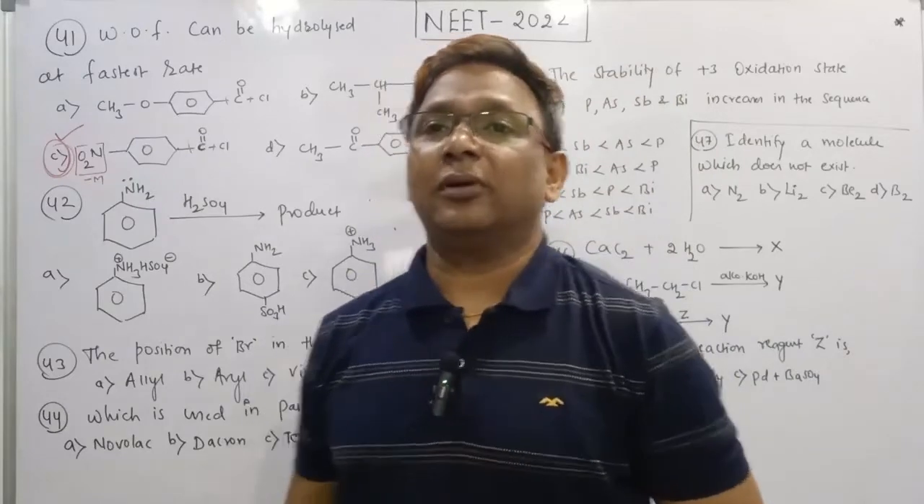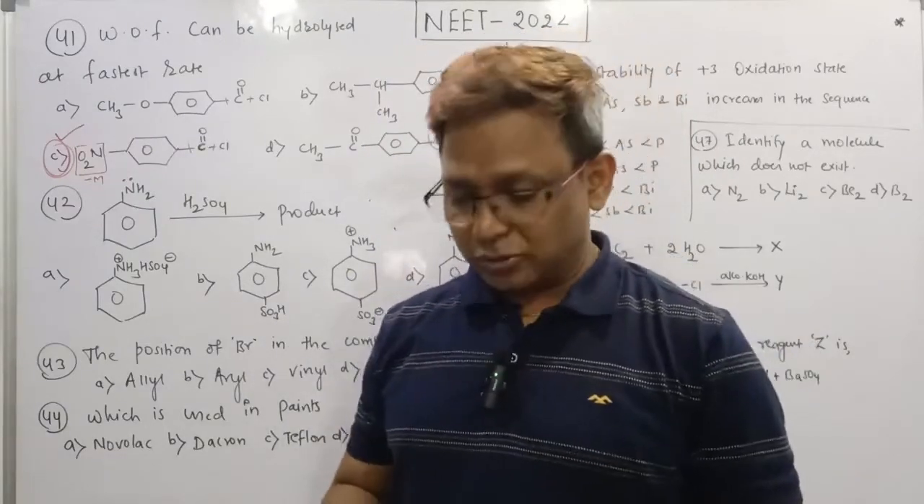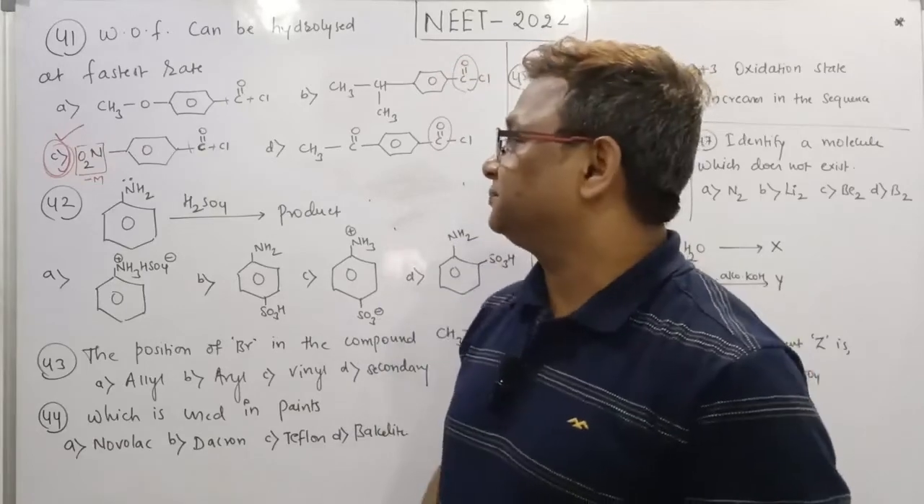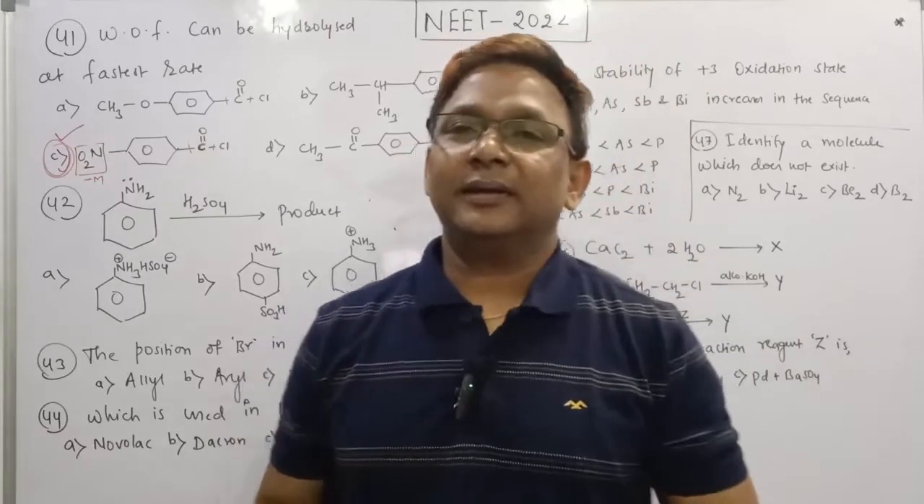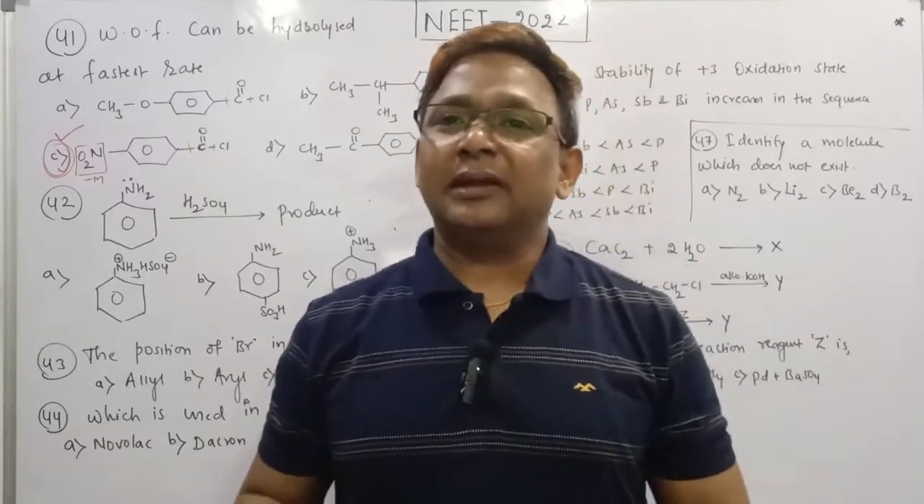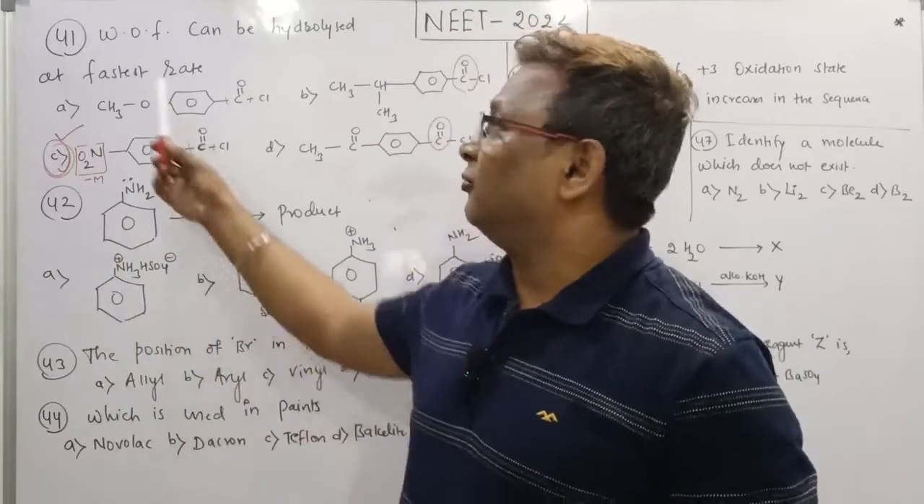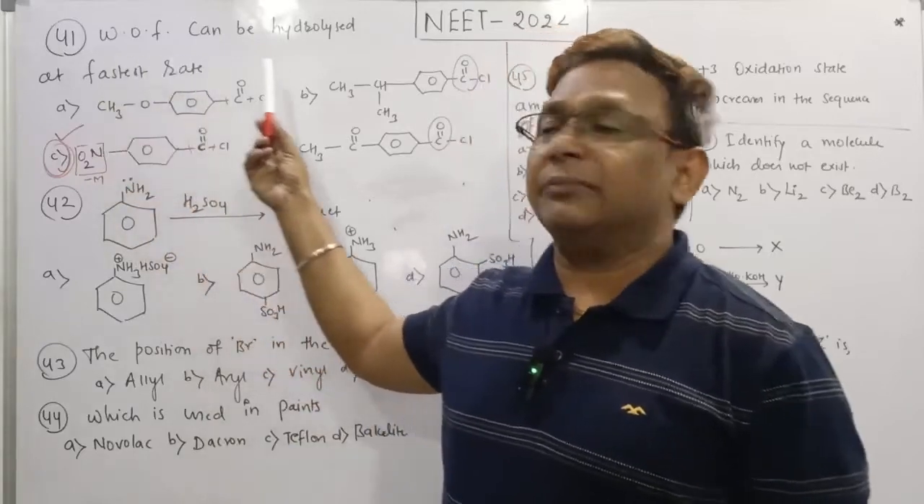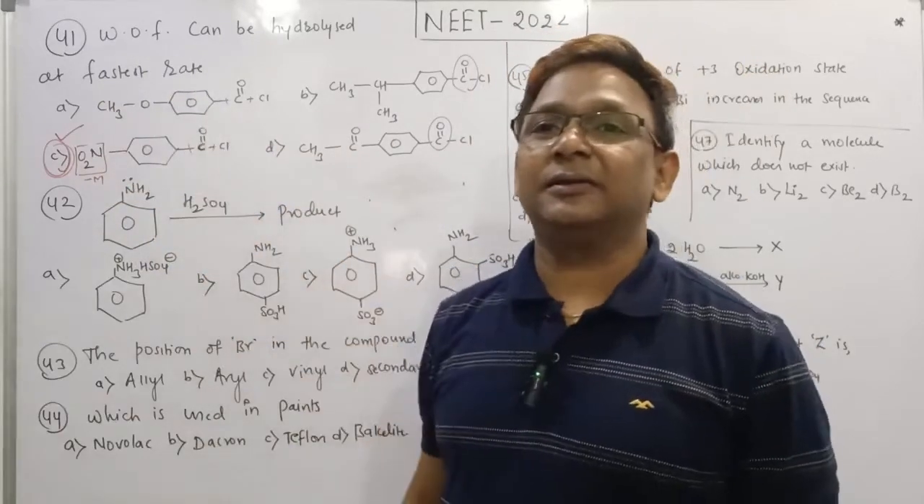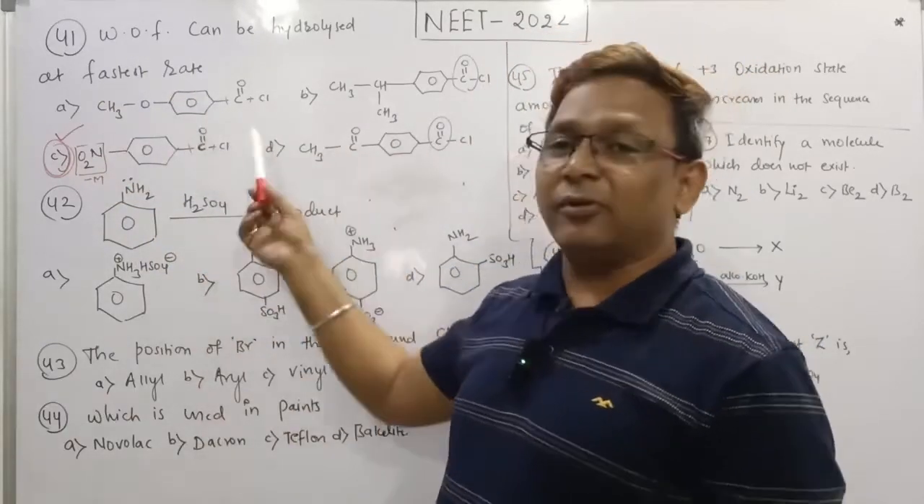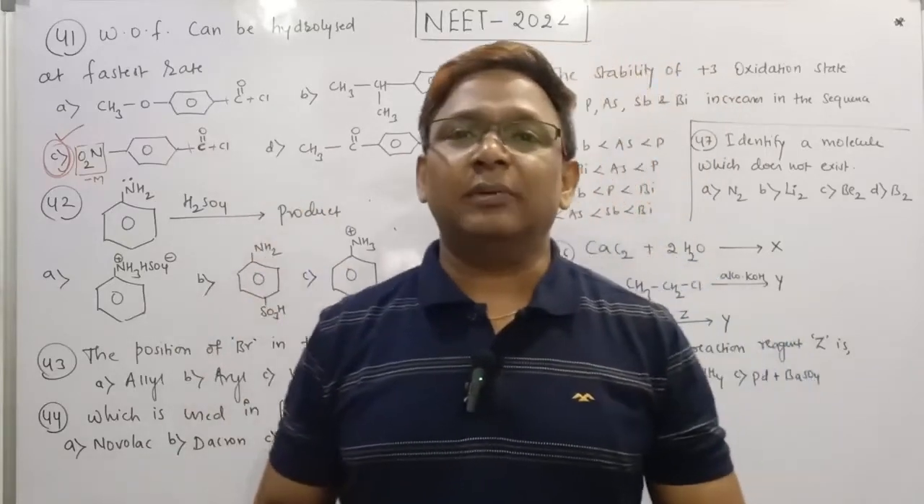Come for question number 42. But I think because of a technical issue you were unable to hear this one. Once again I will tell you question number 41. Which of the following can be hydrolyzed at the fastest rate? In this, what is given there is RC double bond OCl,